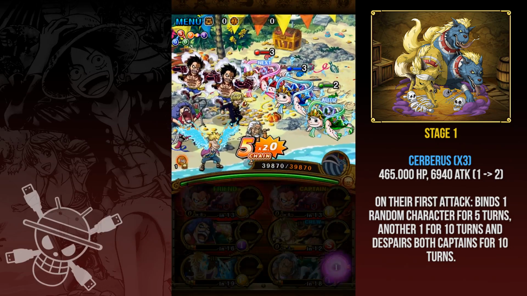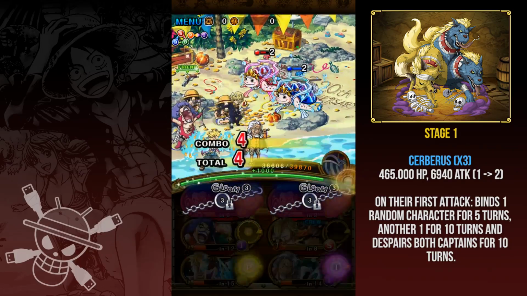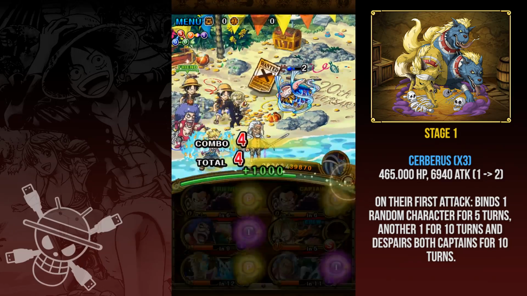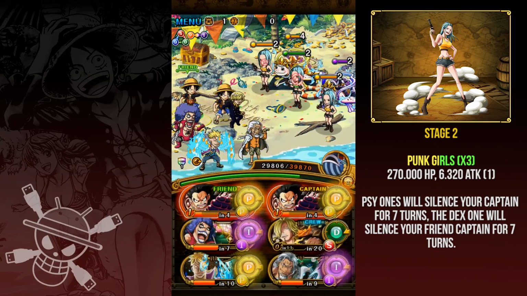I take as many hits as I want if the G4 special is up, but after that I only want to tank like a hit from one turtle. So just clear them like this. Thanks to the Straw Hat boost, you get your CDs up early, so you can actually use G4 on turn 1. Turn 2, these punk girls will silence you and despair you for 7 turns, even if they don't attack,